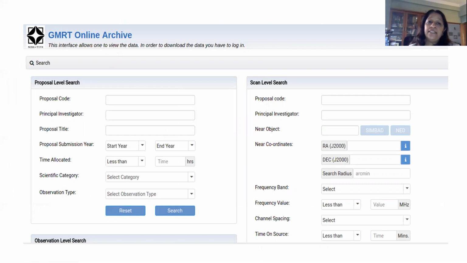India has the GMRT, which is the Giant Metrewave Radio Telescope, which is in Pune. And you can see that the GMRT also has an online archive system. So you can look for things based on the proposal code. Suppose you knew the proposal, who observed it, and the time. So for example, if you pick up a paper in radio astronomy which has observations from GMRT, where you have the proposal code and you would like to work out the paper, try to do it for yourself, you can put in the proposal code, get the data, and try to analyze the data the way it is described